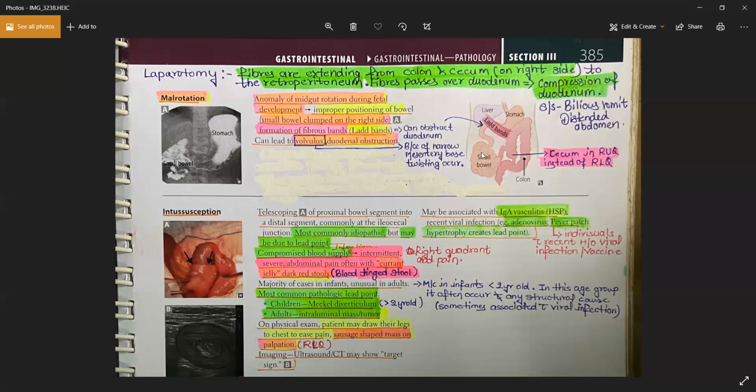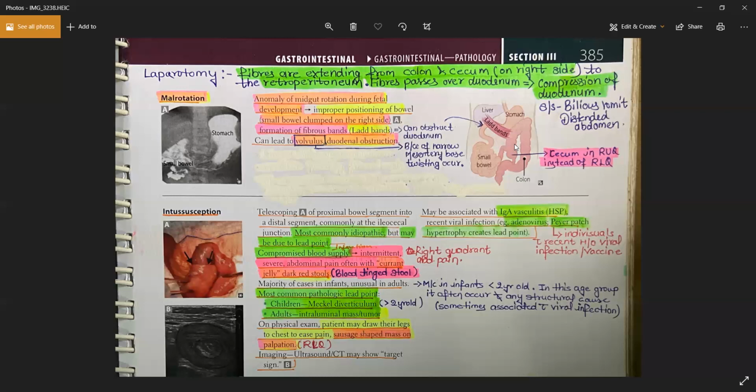And yeah, because of the narrowing of the base of the mesentery, this bowel loop can rotate around itself, can turn around itself, right? And that can lead to the formation of volvulus. So a complication could be the volvulus. Another complication could be the duodenal obstruction because of these Ladd's bands or the fibrotic bands